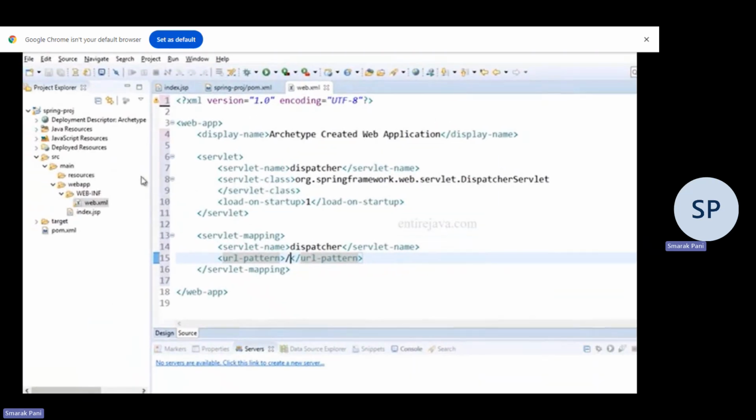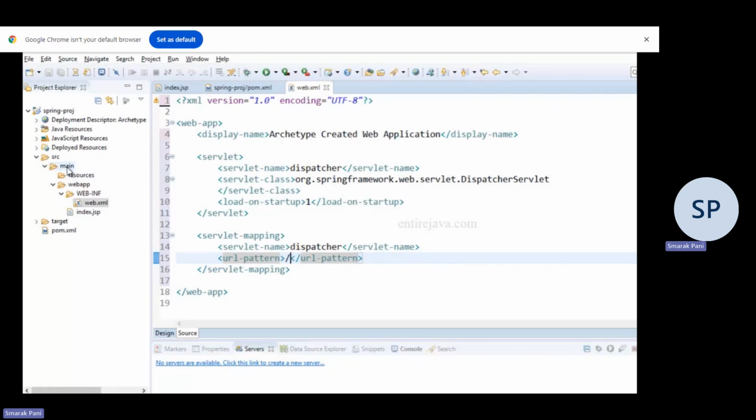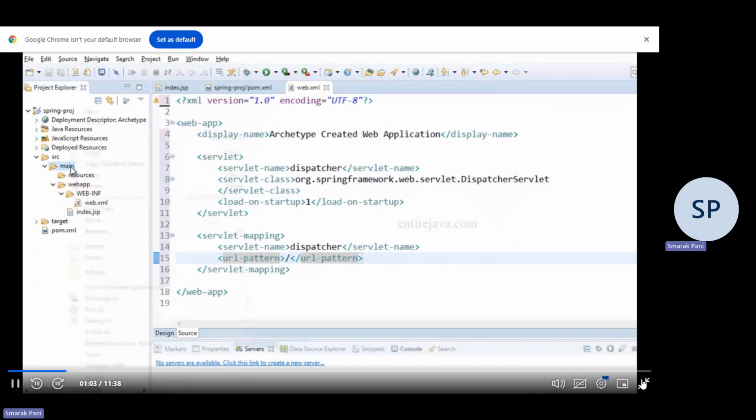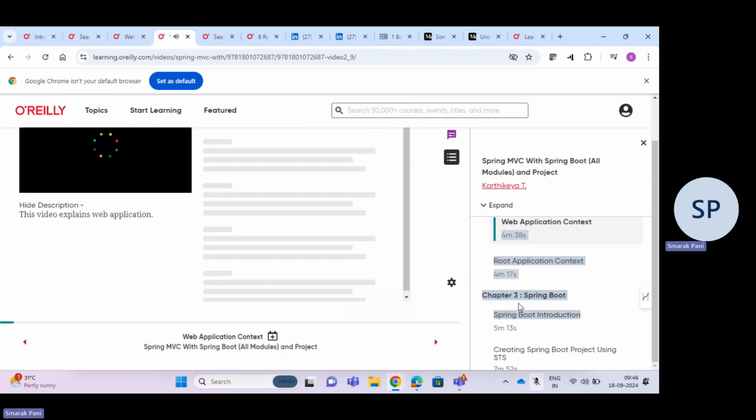For this purpose, I'm actually going to create a new package. By the way, by default, you don't have the Java folder inside the Maven project. We need to create one. So I'm going to create a new Java folder. And this is where